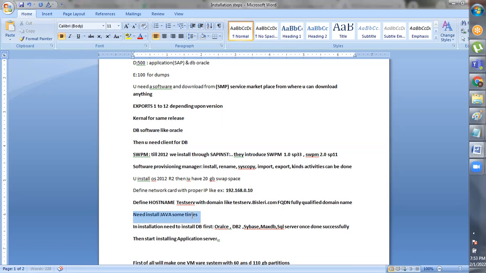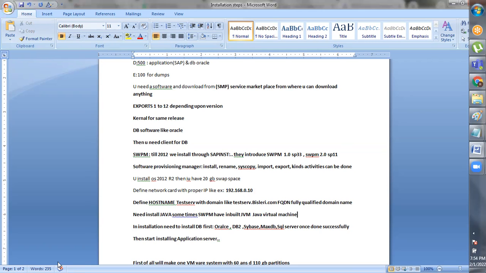After that, you sometimes need to install Java. But nowadays Java is not required because SWPM has an inbuilt JVM. What is JVM? Java Virtual Machine. Previously, when we didn't have SWPM, we first needed to install Java.